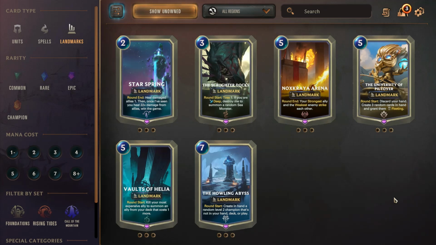All right. Let's see. Right in the middle, I'm going to put the Howling Abyss. And the reason why the Howling Abyss is coming in, I guess, in third place is because a lot of people would put this below probably Vaults of Helia and Nox Crya Arena. The reason why Howling Abyss, I think, works okay is because it works very well in a particular deck type. There's not a lot of variability around how you can play this game in terms of effectiveness, except in a